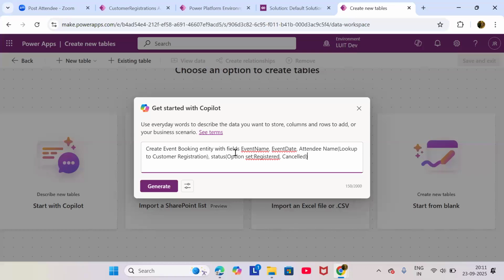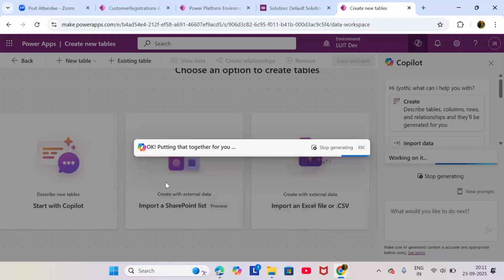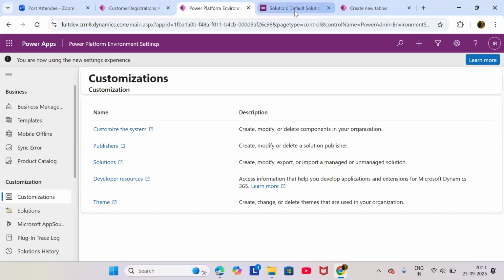Create event booking entity with fields event name, event date, attendee name, and here I'm saying lookup to customer registration. So attendee name data type will be a lookup, and the target entity is customer registration. And the status field's data type is an option set with these options: registered, cancelled. Only these two we have for now. Okay, I'm selecting generate, and then